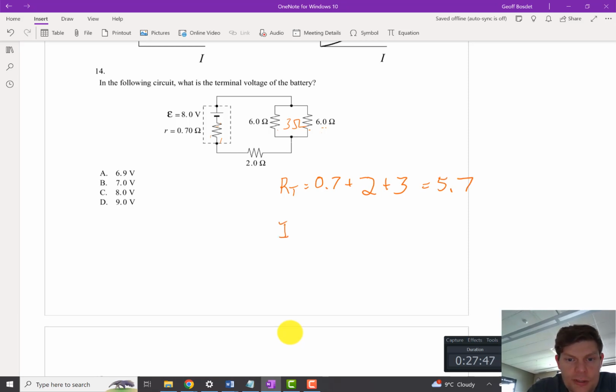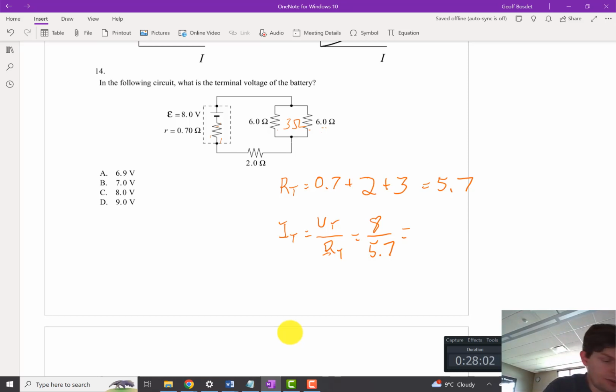So our total current equals our V total divided by R total, which is 8 divided by 5.7. So our total current, 8 divided by 5.7, gives us 1.4, nicely. So we got 1.4 amps going through this circuit, and a couple ways we could do it. We could just do 1.4 times 5,